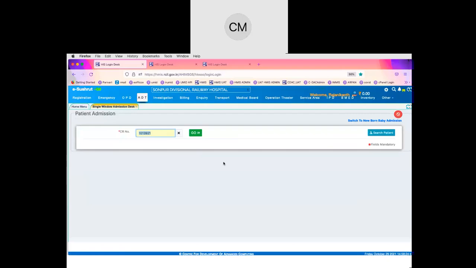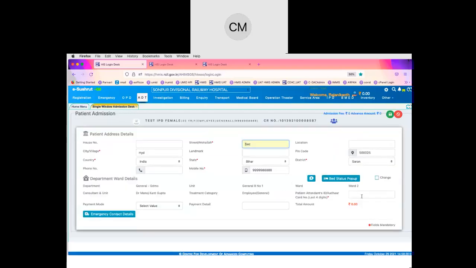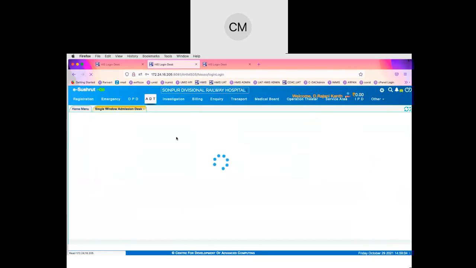So what we are seeing so far is the process that is coming from the doctor to the nursing desk. What if the patient directly comes to the nursing desk during the off times of the OPD, or in case of emergency, or in case the hospital has not completely implemented HMIS, so OPD is not functional but IPD is functional? In all those kinds of scenarios, the patient can come with an offline advice to be admitted to the wards. So in that case, the nurse can directly initiate the admission advice here.